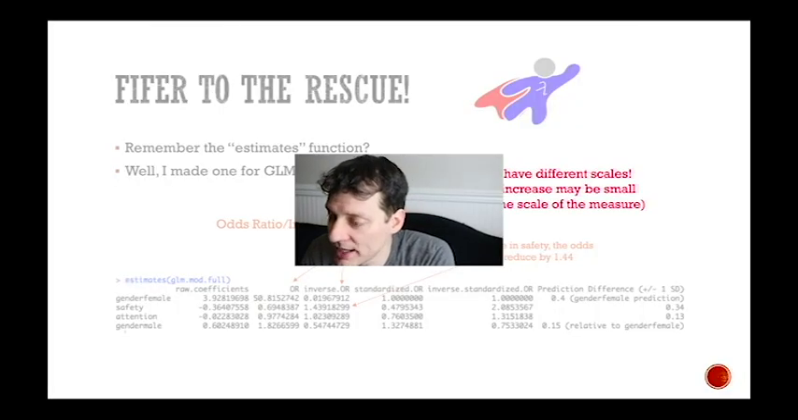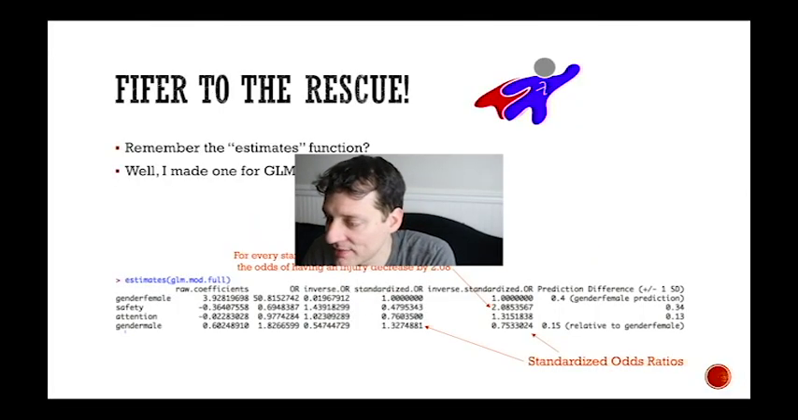So in a situation like that, it's good to have these standardized odds ratios, which makes it a little more intuitive to interpret. This number right here, this 2.08 for safety, says for every standard deviation increase in safety, the odds of having an injury relative to someone who stays at the safety value